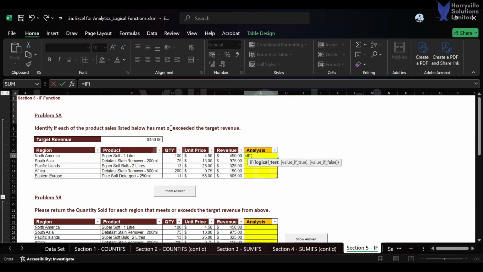And then the question said met or exceeded. Met or exceeded, that is, if it's exact, then it is true. If it is 450, that person has met it. If it is 451, that means it has exceeded. But if it is 449, it is below target, right? So which means we are going to be making use of the greater than or equal to sign,